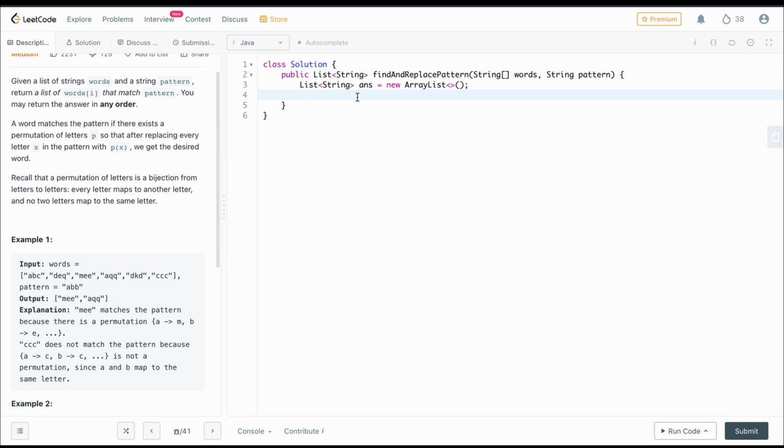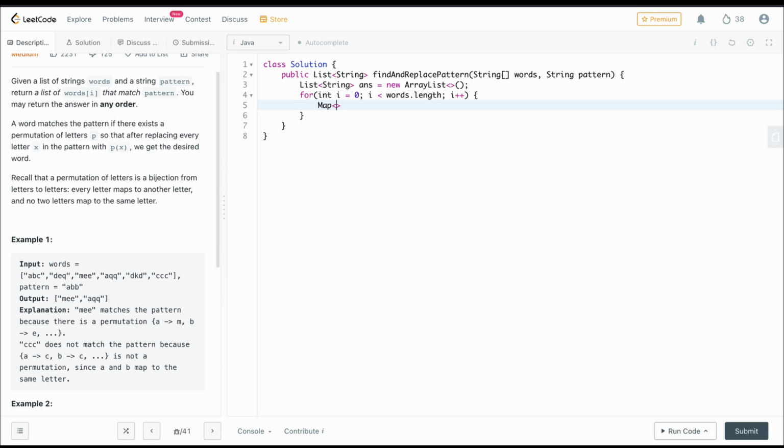So we can run the loop, pattern-length times, over each string in the array words. Okay, let's run the loop: i less than words.length, i plus plus.